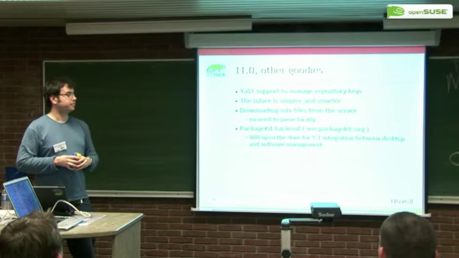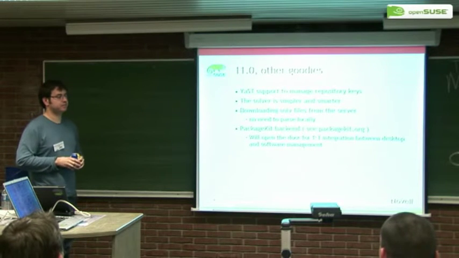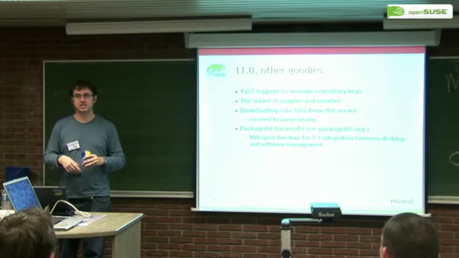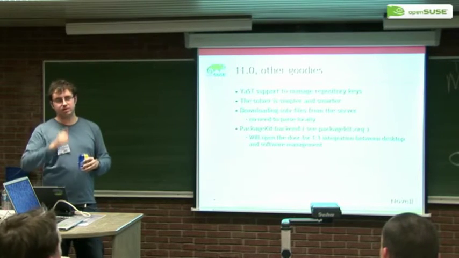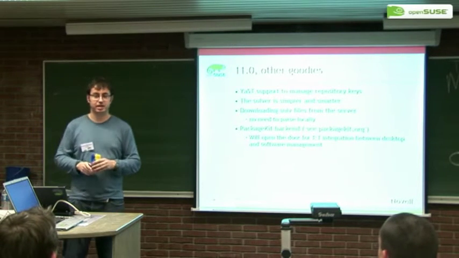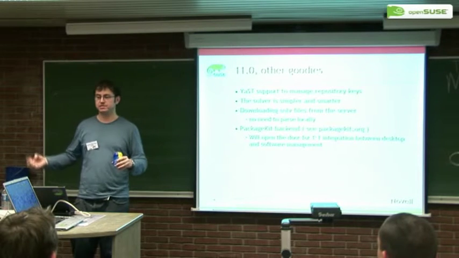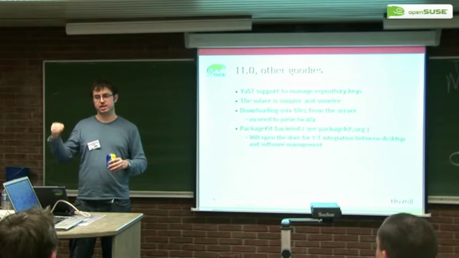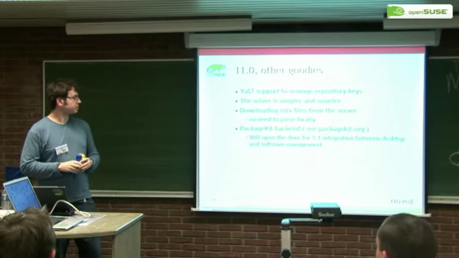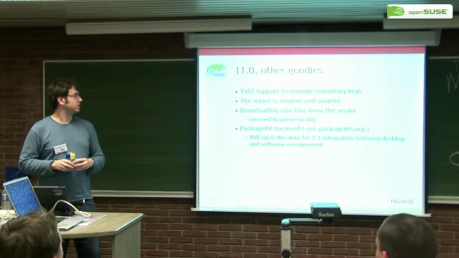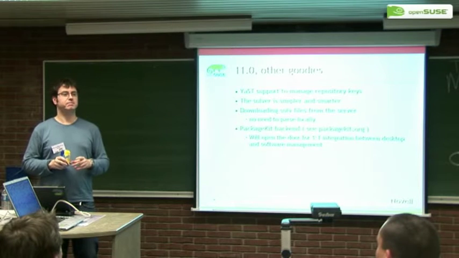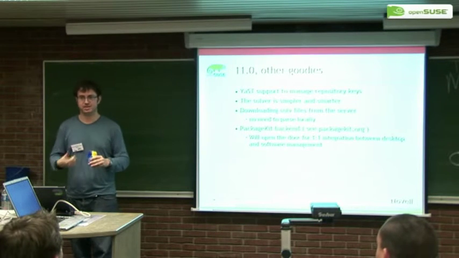These speed improvements come mostly from the fact that we changed the solver. The old solver was a really big piece of code that came from the code of Red Carpet before, which was ported to libc. And for every new exception or case, we started to have another code path and it turned out to be too complicated. And the new solver is much simpler, smaller. At least the algorithm, but yeah, only Michael understands it. But that's an advantage for us because we don't have to fix the bugs.